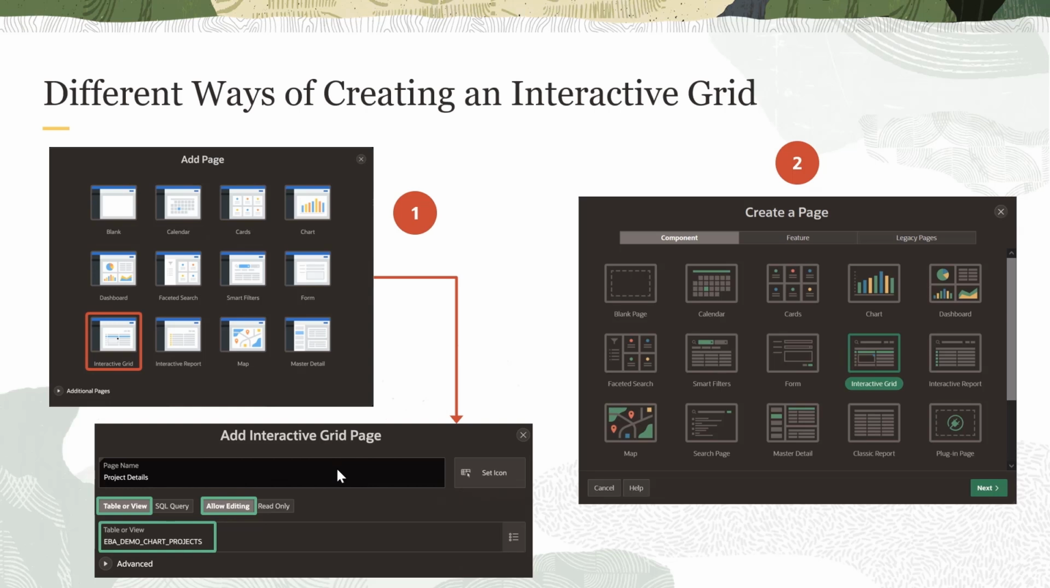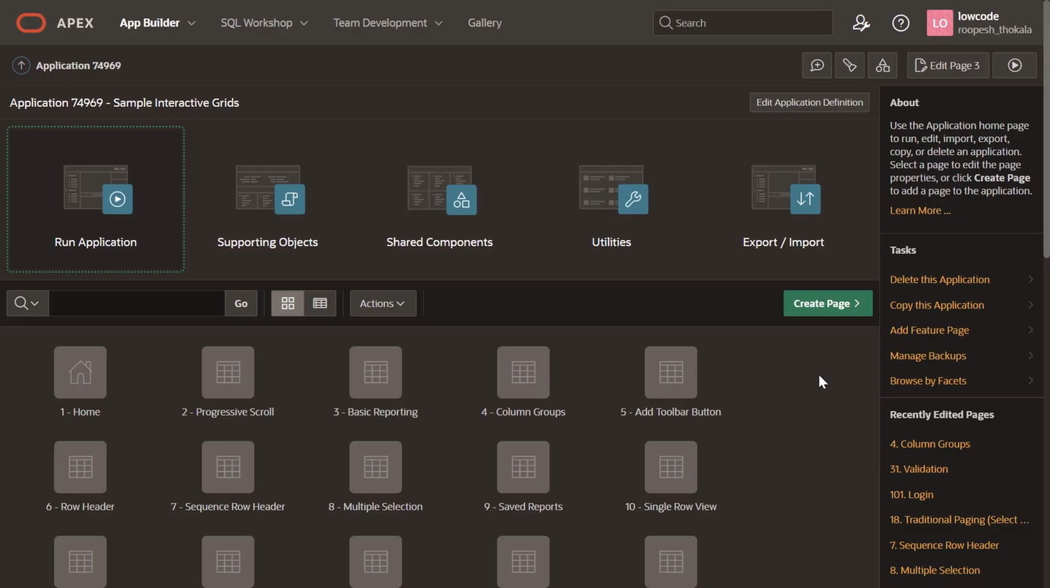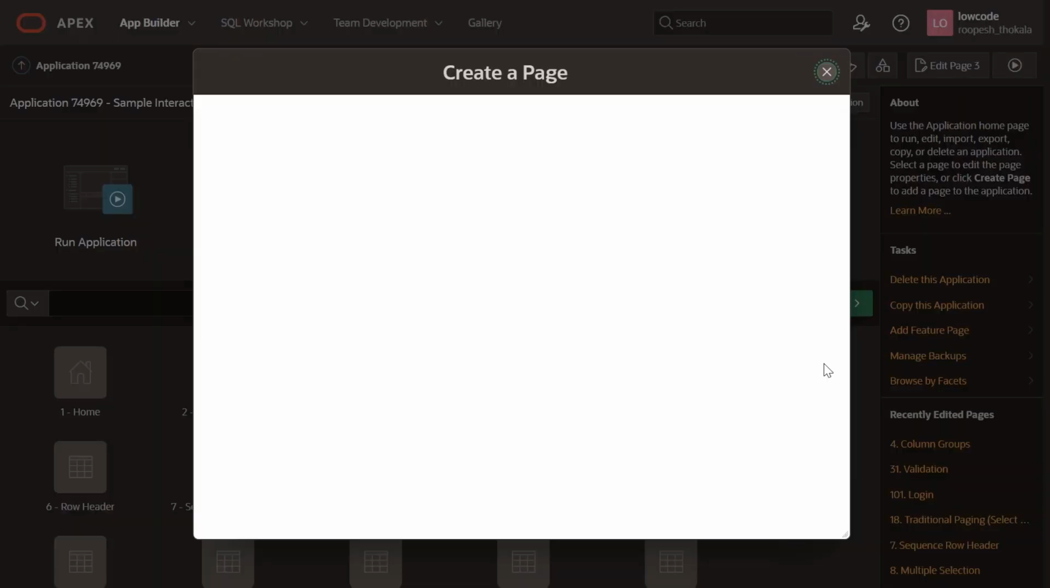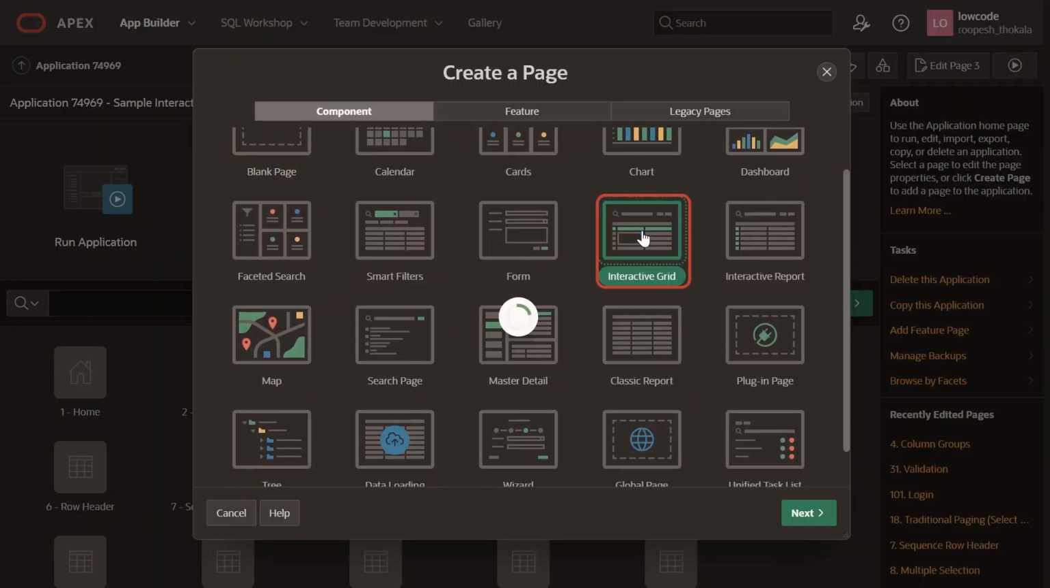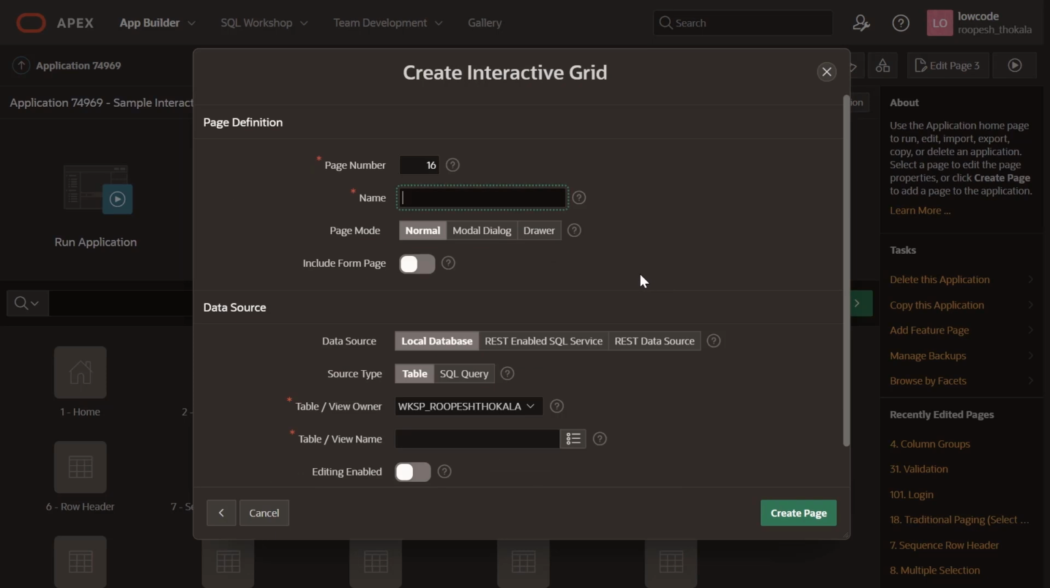Now let us go back to the Apex workspace and see how we can create an editable interactive grid using the Create Page wizard. Now I have a sample application open in my Apex workspace. To create a new page, you click on Create Page and select Interactive Grid. On the Create Interactive Grid dialog, specify the name of the page,